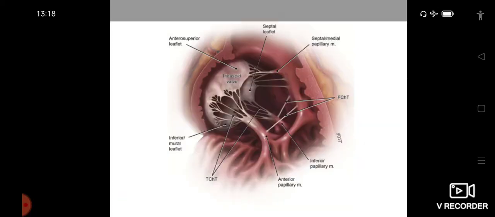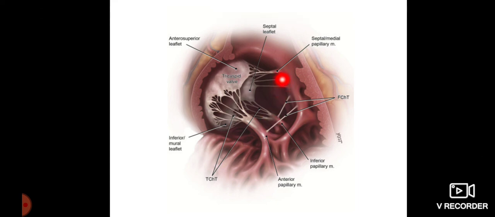Now, here we can see the cusps of the tricuspid valve. This is one cusp. This is another cusp. This is another cusp. So 3 cusps. And these cusps are connected to the papillary muscles. So you can see the papillary muscles 1, 2, 3. These 3 papillary muscles are connected to the corresponding cusps of the atrioventricular valve